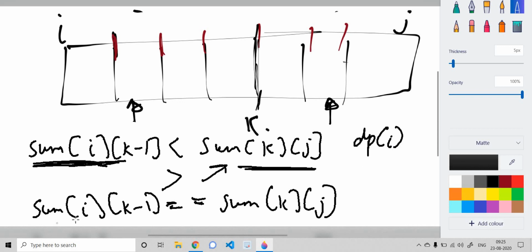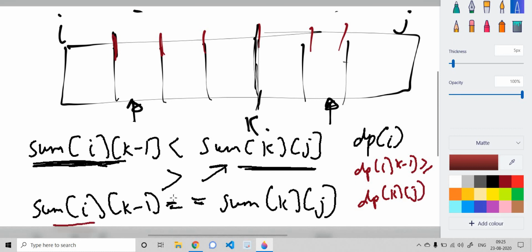So in this case where sum[i][k-1] is equal to sum[k][j], then if dp[i][k-1] is greater than or equal to dp[k][j], then Alice would be choosing the first block, because even after dividing she wants to get the maximum sum.